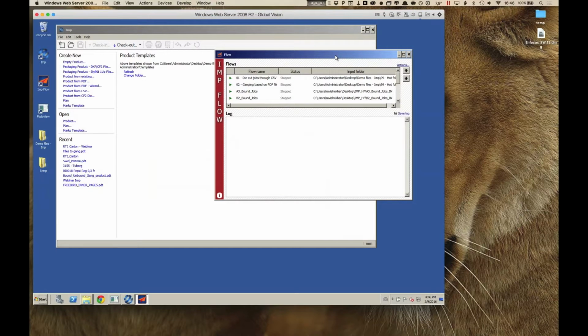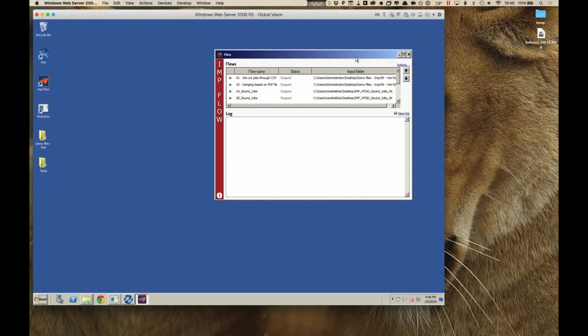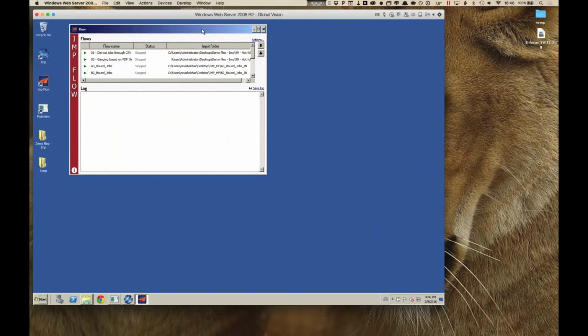You can use both applications at the same time meanwhile. If you haven't seen Imp Flow before, then again, go look at this webinar recording. But very shortly, it's an application that allows you to define hot folder setups, flows. And each of those hot folder setups has an input folder and an output folder defined, and I can drop